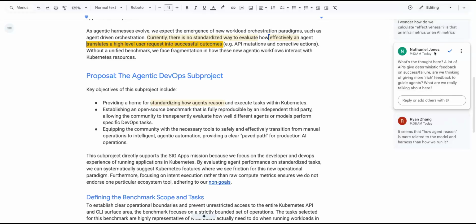We should have some level of system prompt or guidance to set the boundaries for the agent to play within. The goal is to at least start with day zero operations. As you mentioned, the easier-to-attain ones: here's the config, here's what I want as a cluster stood up. Those are much easier to reason with, and that's where we'll start.